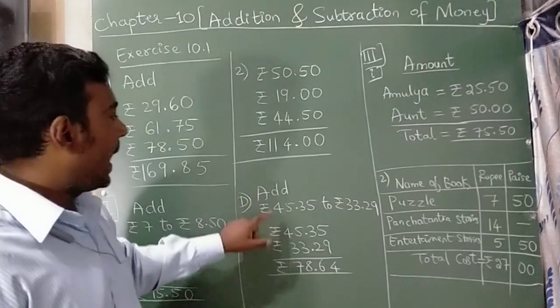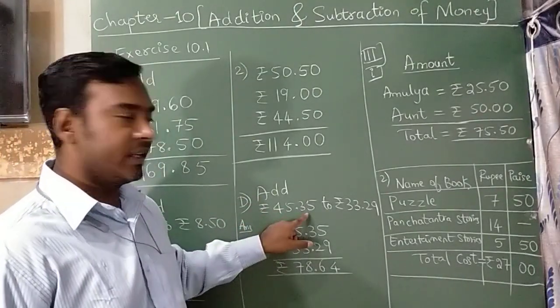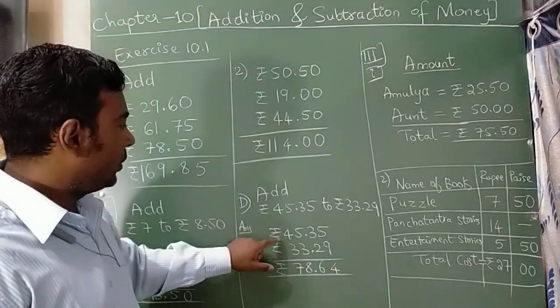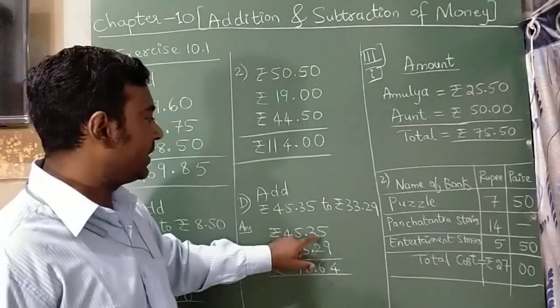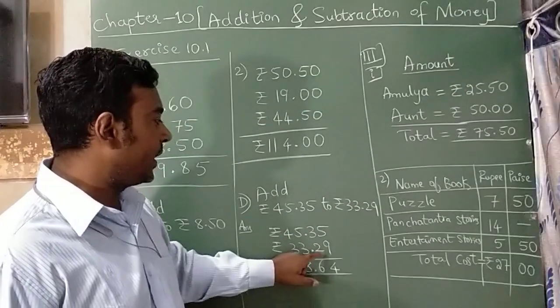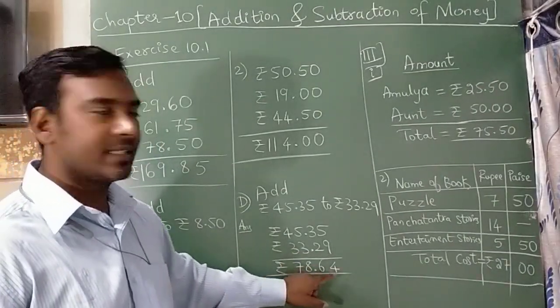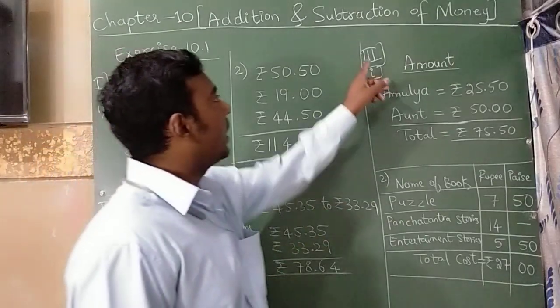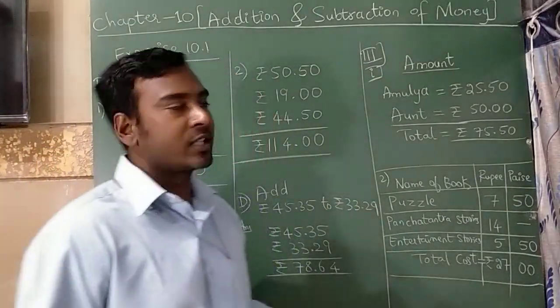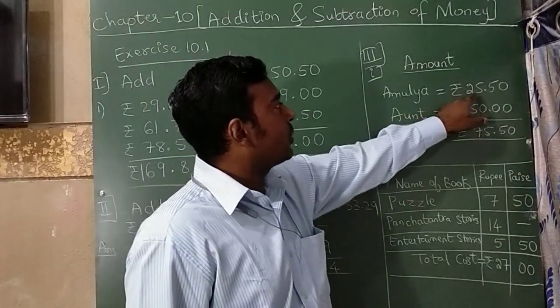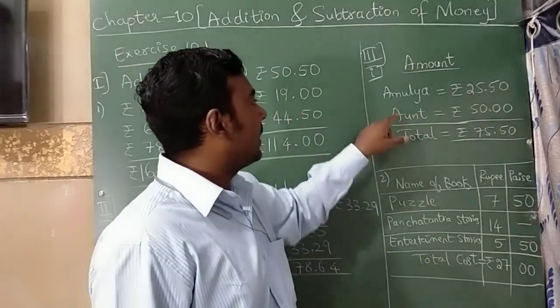Now next is add rupees 45.35 to rupees 33.29. So you need to write like this, 45.35 and rupees 33.29. If you add this, you will get rupees 78.64. Fine. Now the third question from your textbook, the amount Amulya has is rupees 25.50 and her aunt